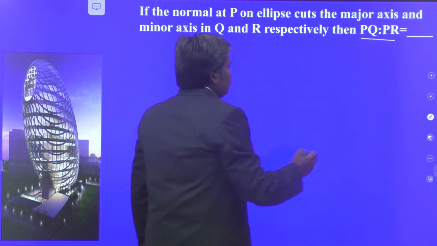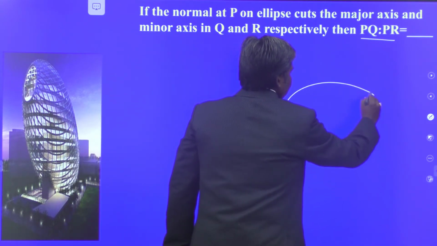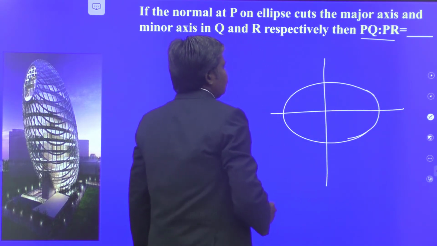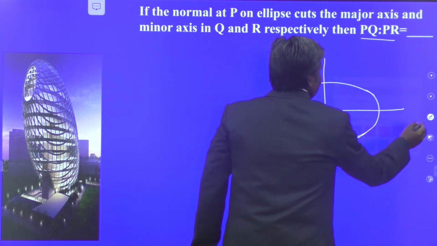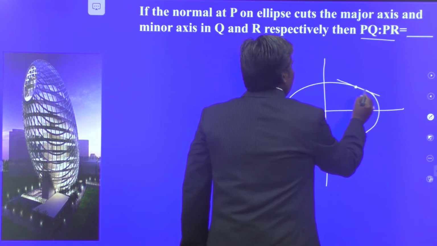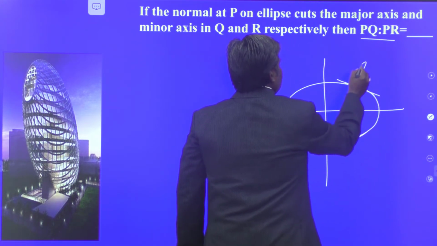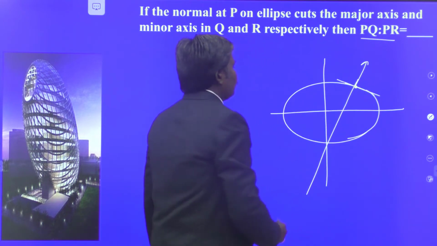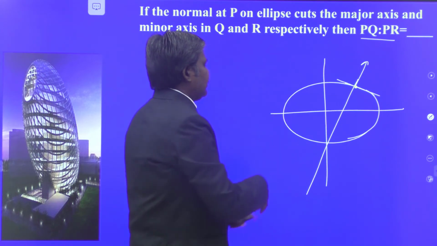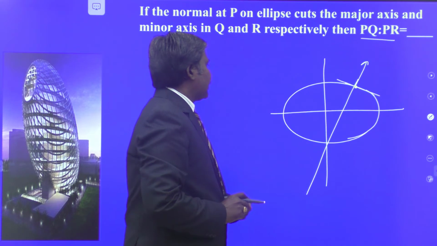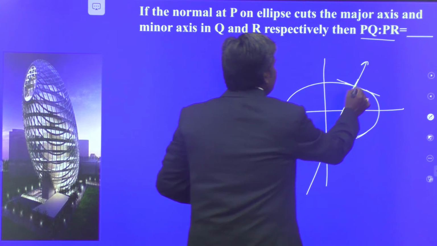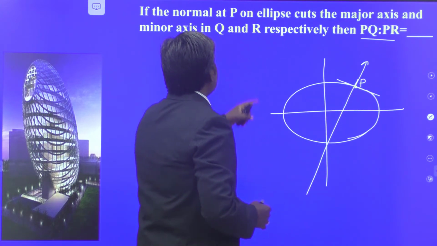So it is a very simple diagram. This is the ellipse. These are the major axis and minor axis. Take any point on the ellipse. You draw the normal at this point. This is the tangent at that point. This is the corresponding normal to this point. It may or may not be passing through that end of the minor axis. Unfortunately it is drawn going through that point, no problem. Now my dears, the normal at that point P meets the major axis and minor axis at what?